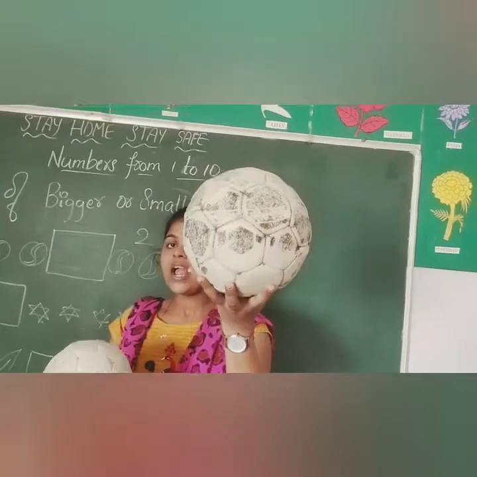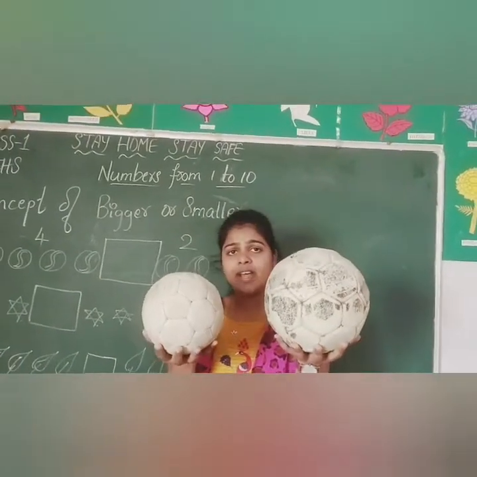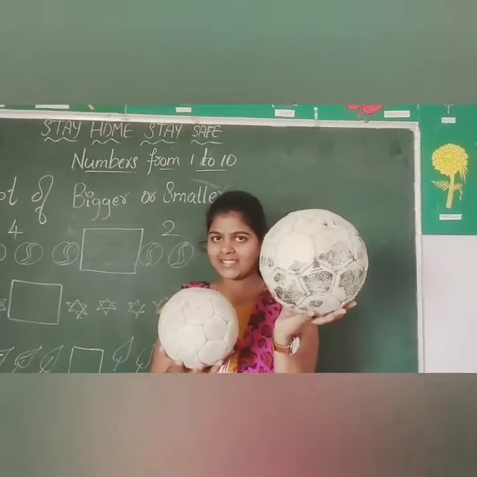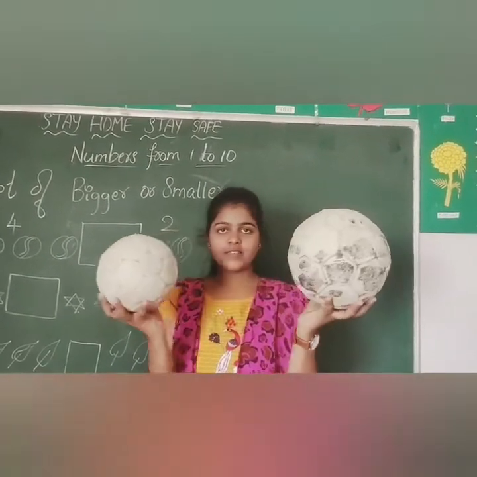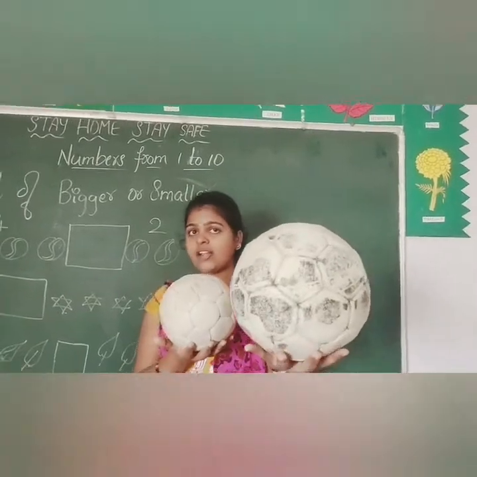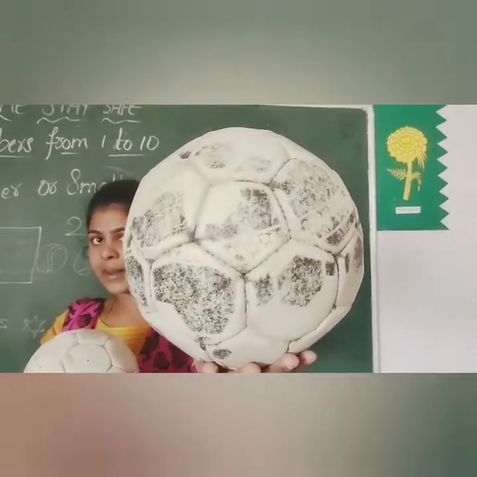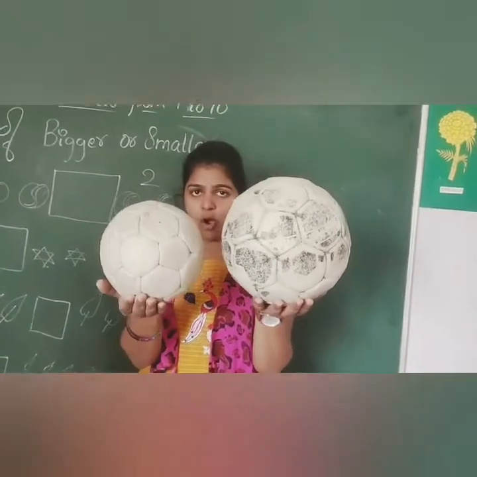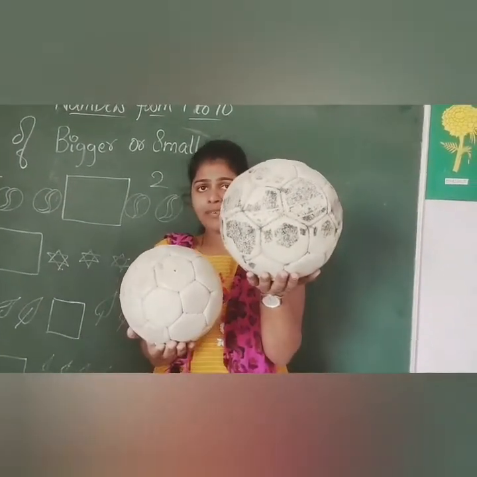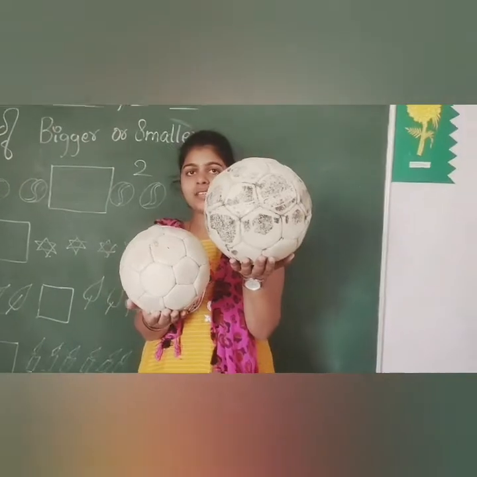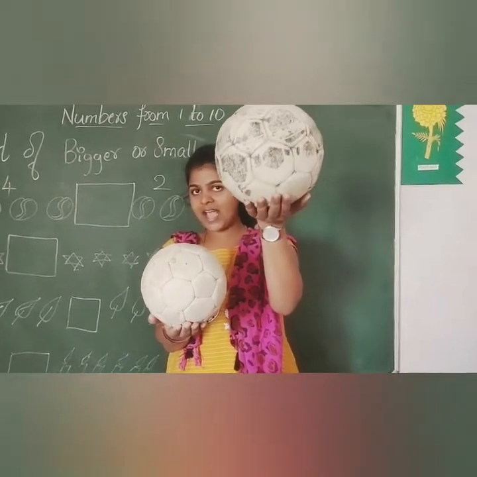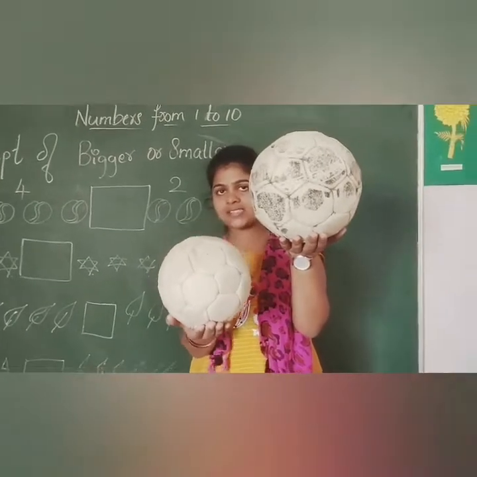One is big and this is small. How can we define them? What are these? I think these are balls, right? Yes, I have two balls with me. Are you able to see these balls? Yes, this is the bigger ball and this is a smaller ball. When we put these balls together, we can find the difference between the two balls. How can we notice this is bigger? Because this is bigger in size and this is smaller in size.